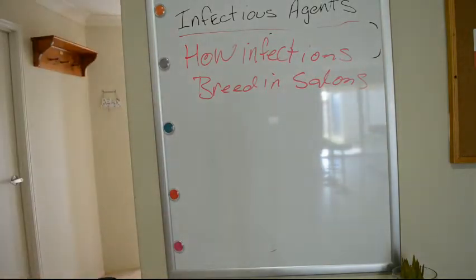Most bacteria, viruses, fungi and other disease-causing germs enter the body through the nose, mouth and small breaks in the skin. They can also enter your body through your eyes and your ears. You are at risk of becoming infected or transmitting infections to your clients because you come in constant contact with germs in the salon. Some of the most common sources of infection include,